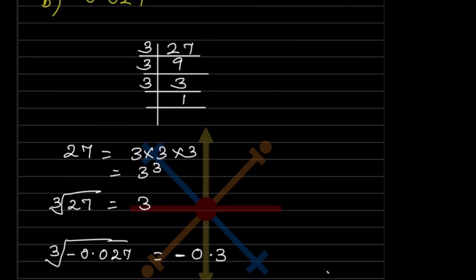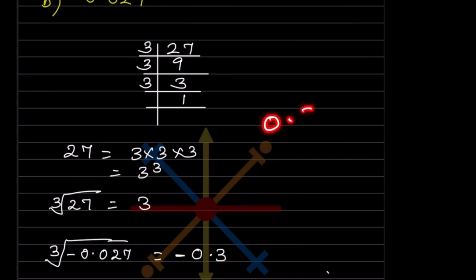Now we will look at the next number. We want the cube root of this number, which is written over here. So we'll write here minus. Now this is 0 point. And then for this one, because the cube means that there will be 3 numbers, so that is just going to be 0.3.